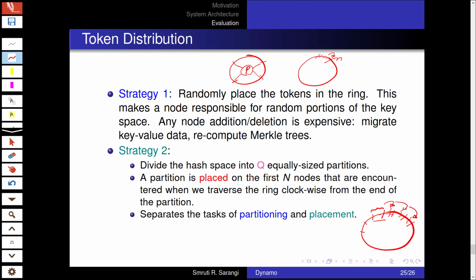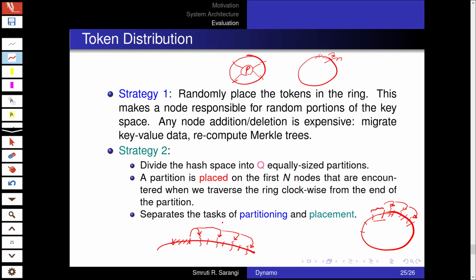So one advantage of separating the tasks of partition and placement, if I were to draw a zoomed-in view of the same figure, and let's say this is how my key space is partitioned, and this is where my virtual nodes are, then this region of the key space is assigned to the n successive nodes on the key space.